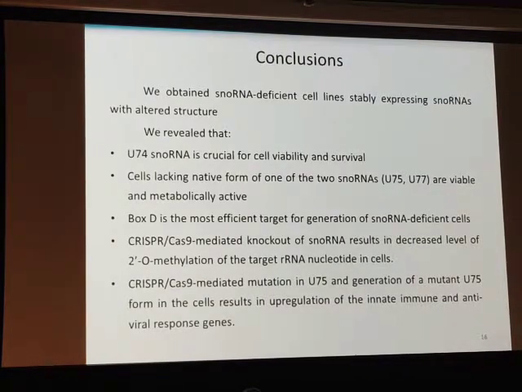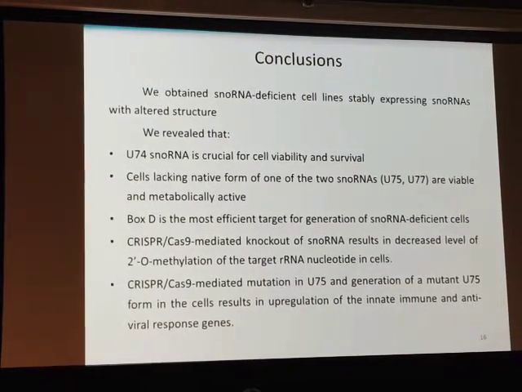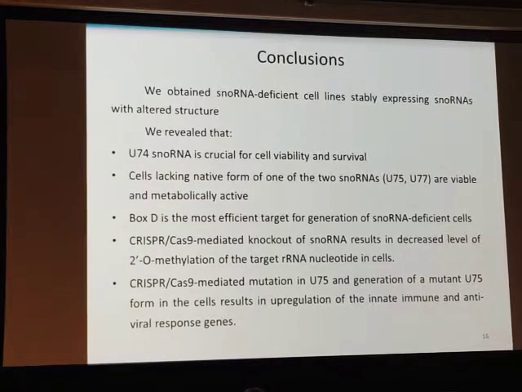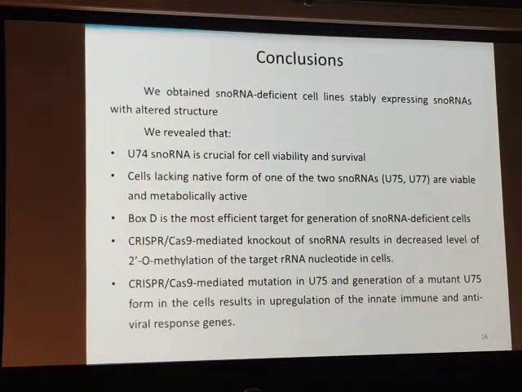Thus we obtained snRNA deficient cell lines, stably expressing snRNAs with altered structure. What we observed is that, first of all, U74 snRNA is crucial for cell viability and survival. Cells with the native form of one of the two snRNAs, namely U75 and 77, are viable and metabolically active. Box D is the most efficient target for generation of snRNA deficient cells. CRISPR-Cas9 mediated knockout of snRNA results in decreased level of methylation of the target nucleotides in cells, and CRISPR-Cas9 mediated mutation in U75 and generation of mutant U75 forms in the cells results in upregulation of the innate immune response